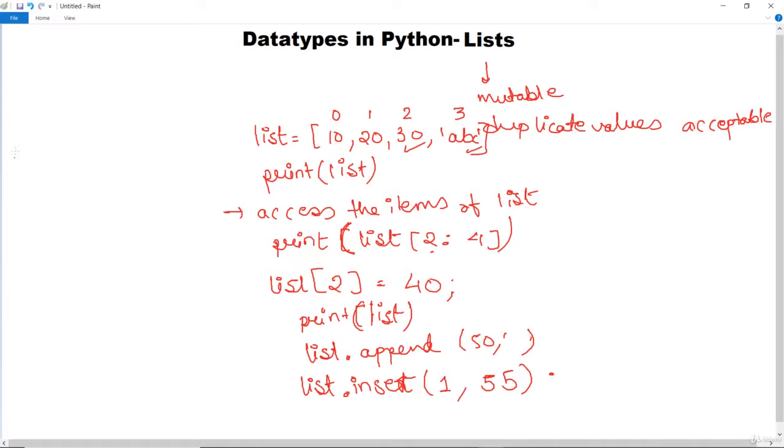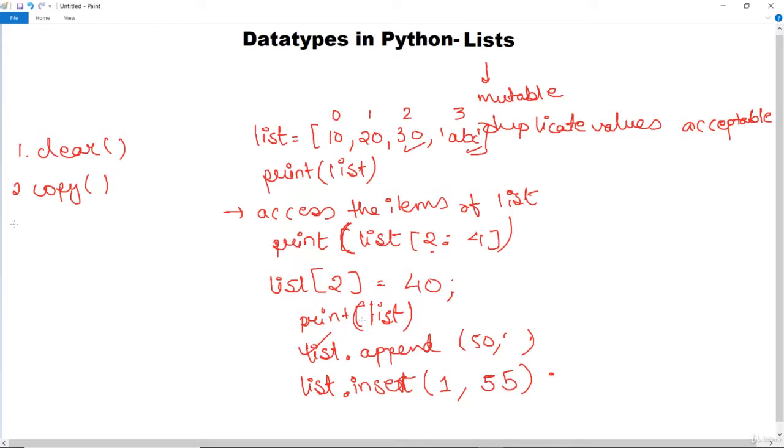Now there are other operations also which can be performed on the list. For example, it can be clear. Now clear is a particular method which removes all the elements from the list. Copy is another method which is there to return a copy of the list. Extend is a method that adds the elements to the list at the end of the current list. You can use the extend method also. You can use this particular append method also.